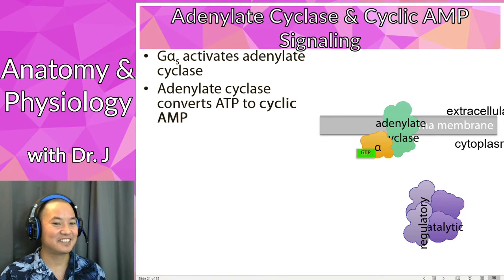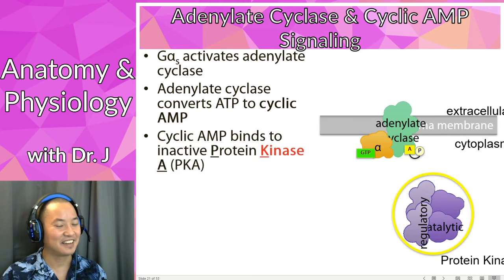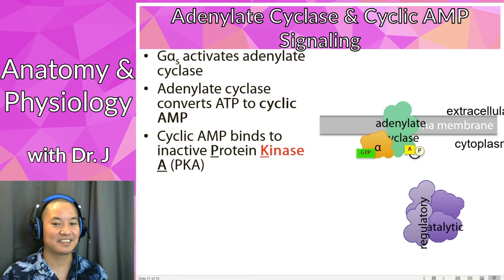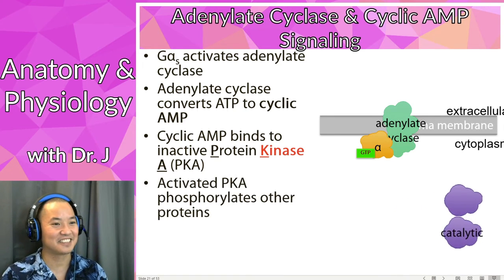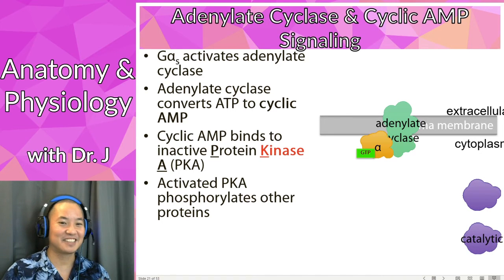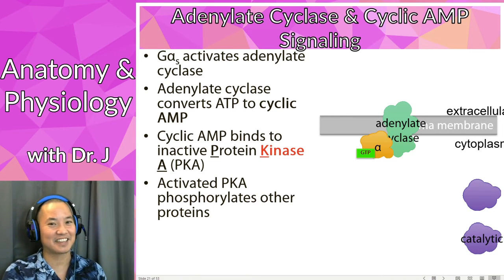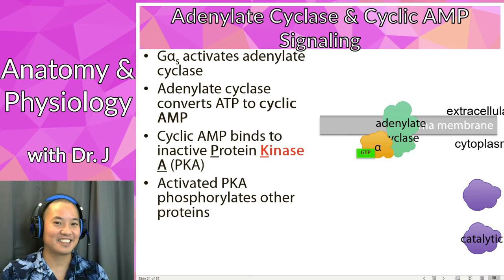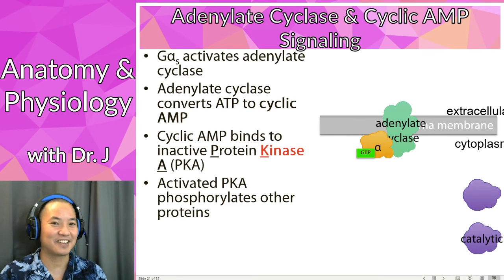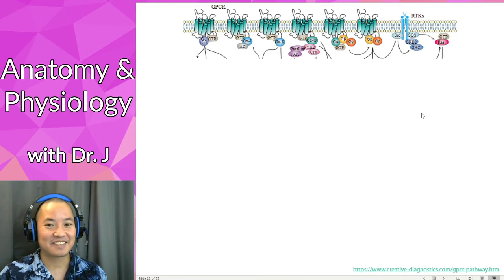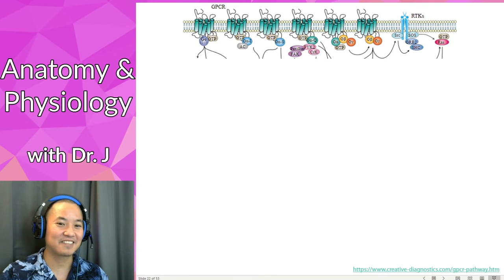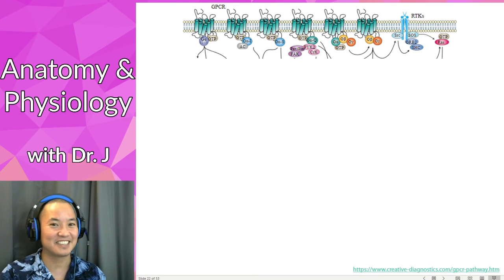Then it converts ATP to cyclic AMP, and then cyclic AMP binds to protein kinase A. When the cyclic AMP binds to the regulatory subunits of protein kinase A, that causes it to release the catalytic subunits of protein kinase A, and this phosphorylates other proteins. Now, again, these two slides I do not expect you to know at this level. But if you're going into pharmacology or any of the advanced biology stuff, you will have to know this at one point. Now, if you thought that was complicated, this is what you have to know when you're going to the doctorate and PhD level.